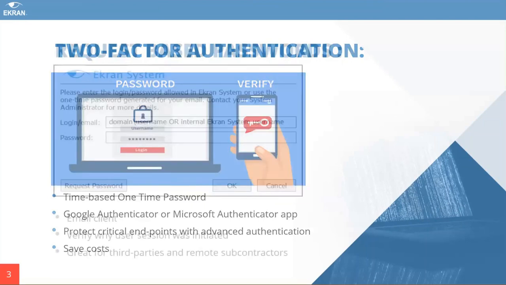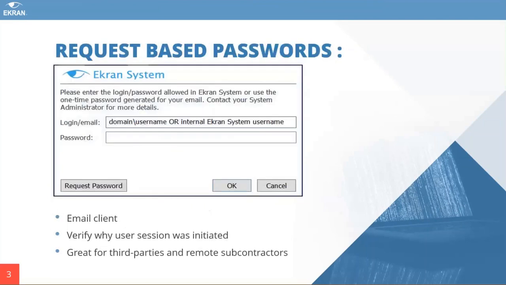The next type is the request-based password option, which means that sometimes we are providing access to critical devices, maybe to a third-party consultant, maybe a Windows server, maybe a database server, something like that. And this consultant wants to log into this server. So instead of providing them full-time access, we can create a request-based access, which means